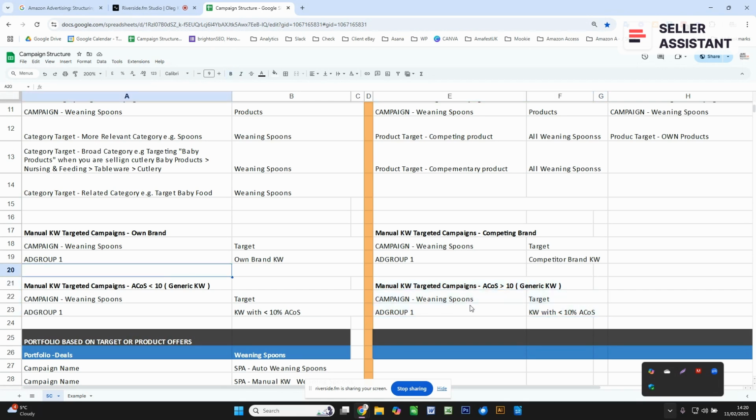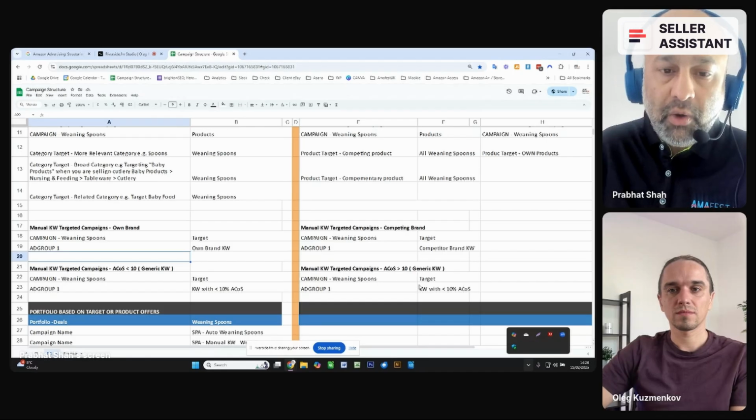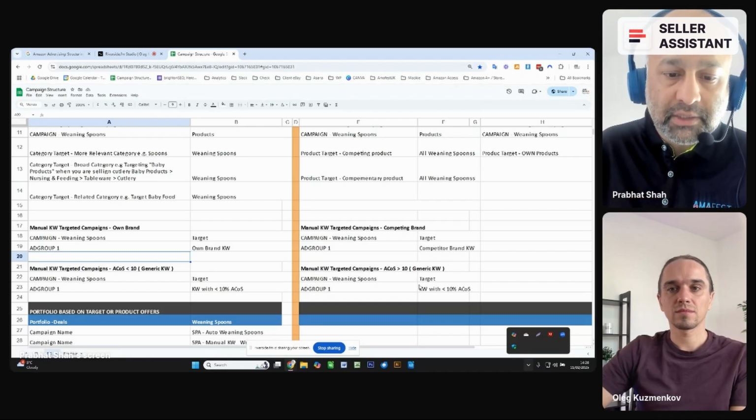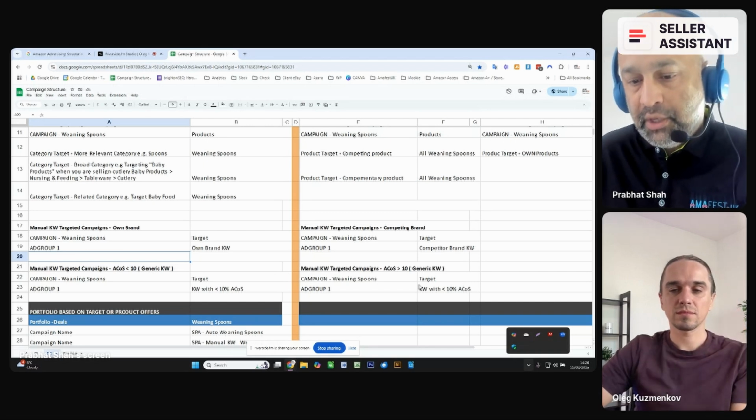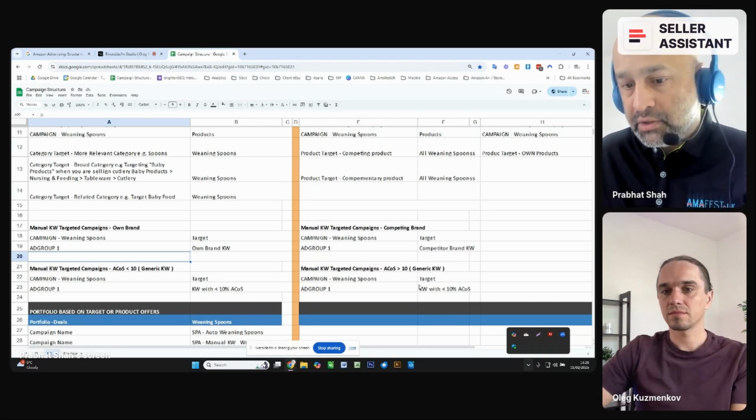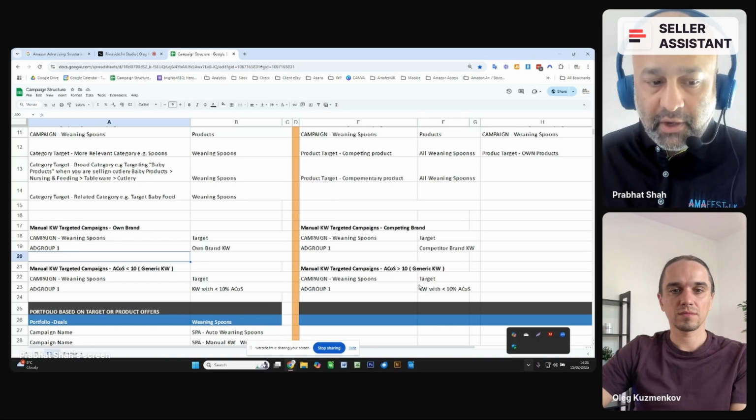Now, by doing this, you are creating different groups and you are putting more money on the campaigns or targets with less cost of sales, and you are putting less money on the campaigns with the higher cost of sales. Now that's perfectly fine.